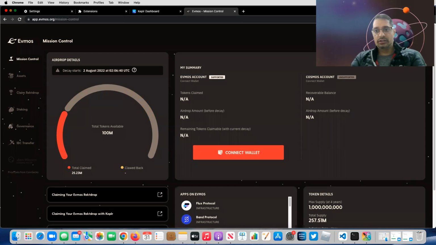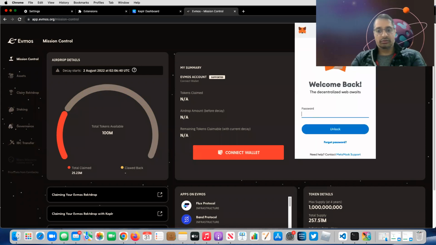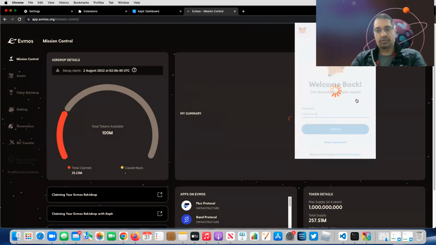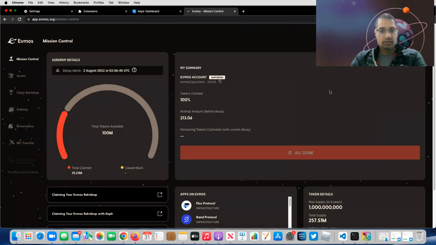So it works with both Keplr and MetaMask. So I need to log into my MetaMask wallet, and so I got this airdrop of 213 tokens.